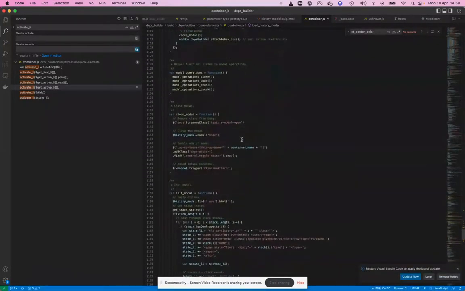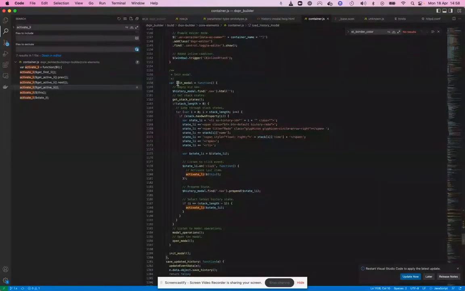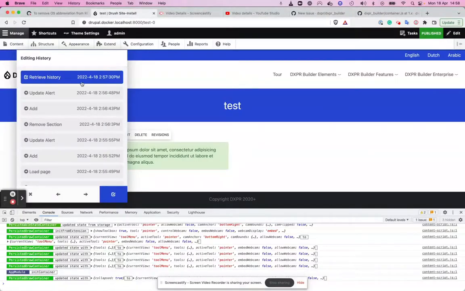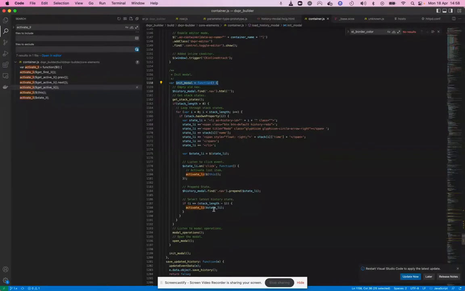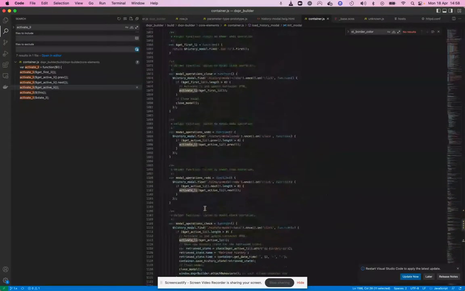or let me begin at the beginning. So we initiate the model window, and then when it opens, we activate the latest history state. And this is just to indicate to the user, like, this is where you are now, this is where you are not now. And what's going wrong is that the activate list item function